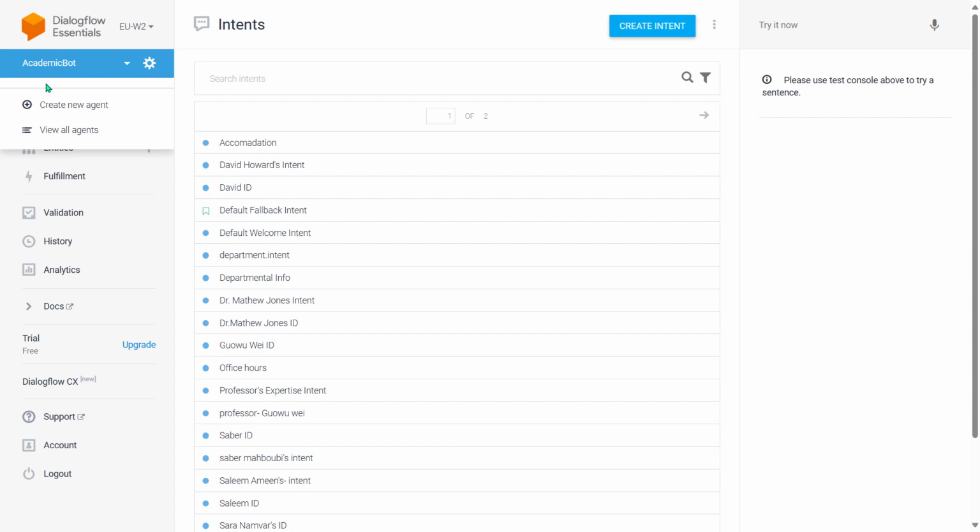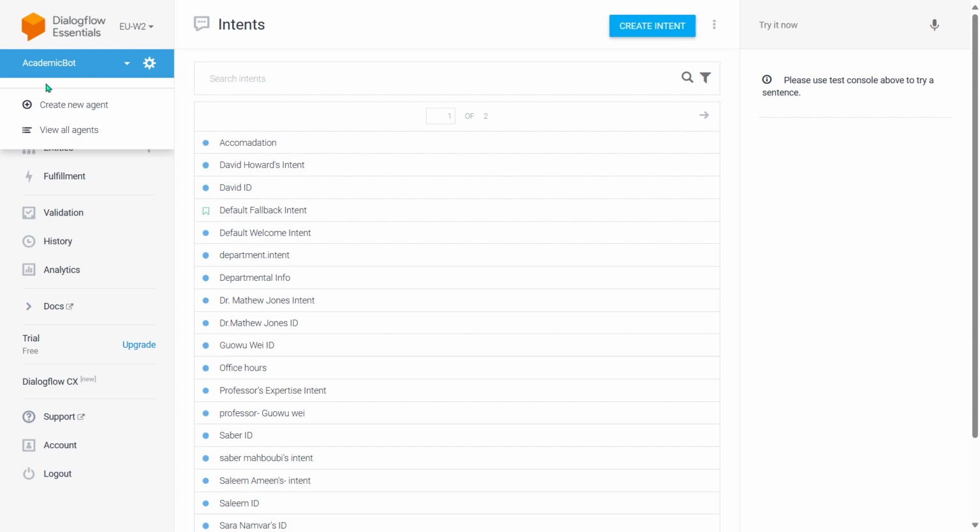This chatbot is going to be later integrated into the University of Salford website, the web page that I created, which resembles exactly one of the school's web pages. So for that integration, we need to train a bot first. As I said earlier, for that, we need to train about